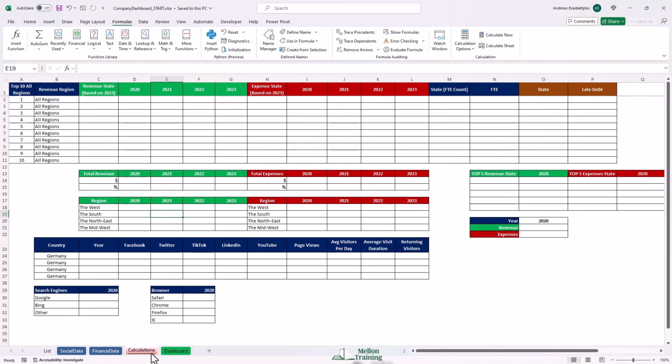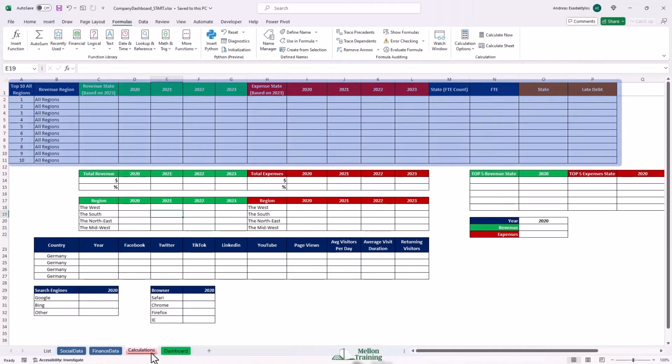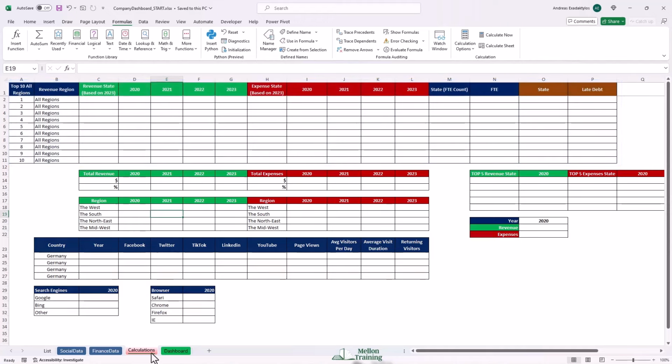And this is the most important worksheet of our dashboard. Here we will use our formulas knowledge to fill in the calculations. And there's more than enough for you to do to populate all these tables down here. So basically our top 10 buyer revenue, our top 10 buyer expenses, FTE, and late debt will isolate some of that information. And then we'll go on and grab some social media information and a search engine, our browser information